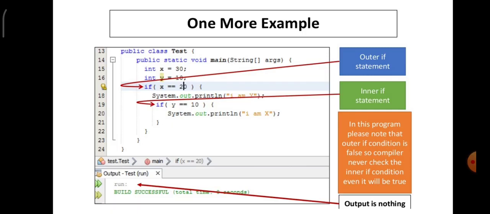So ultimately the output is nothing. As you can see below, in the output run is given but nothing is displayed to you. That means nothing has been printed onto the screen. The idea is when the outer if is false, it will not check the inner if.